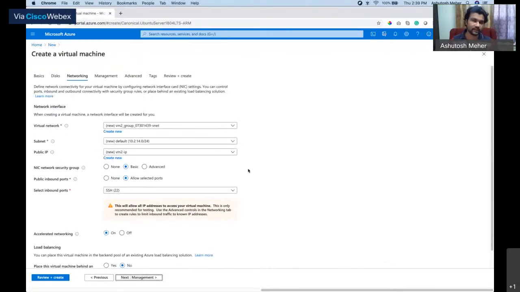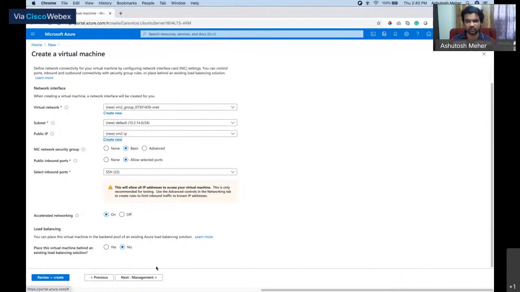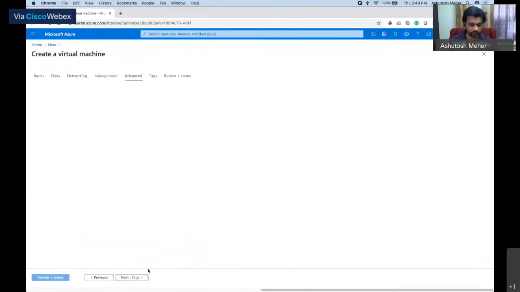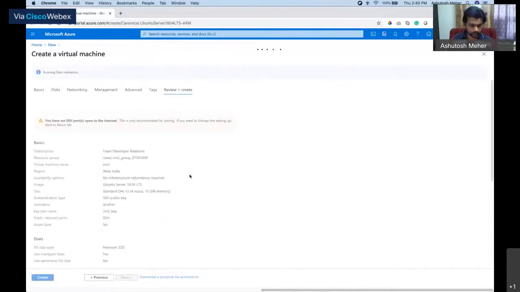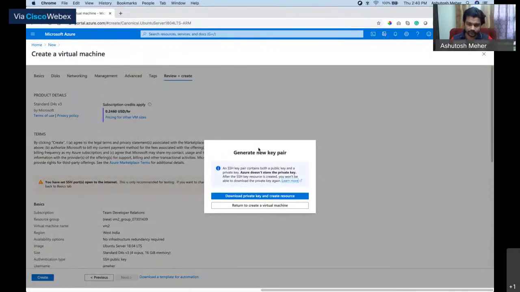The very important thing is we need a public IP, and a static public IP. So just remember to make it static. Make sure it's not dynamic, otherwise it's going to mess up your network map. And we also need to expose certain ports so that the nodes are able to communicate, but we can take care of that after we create the VM as well. Just create the VM, and that should do it.